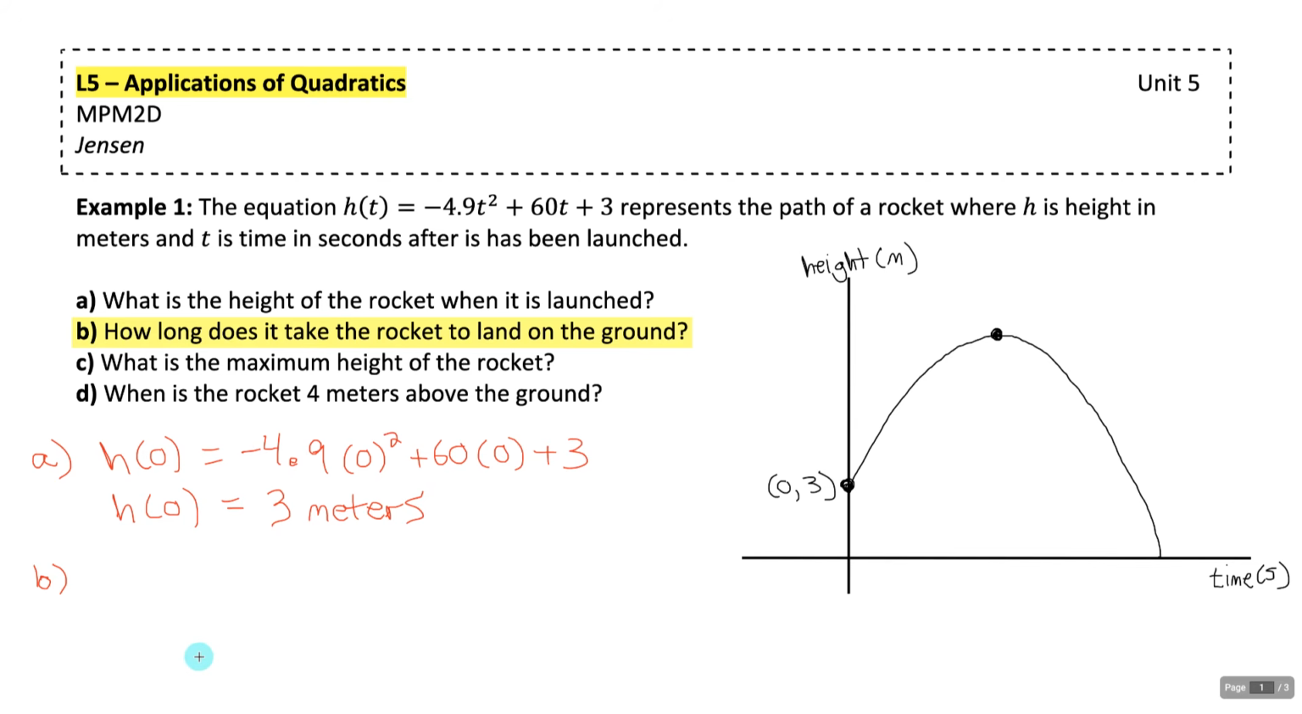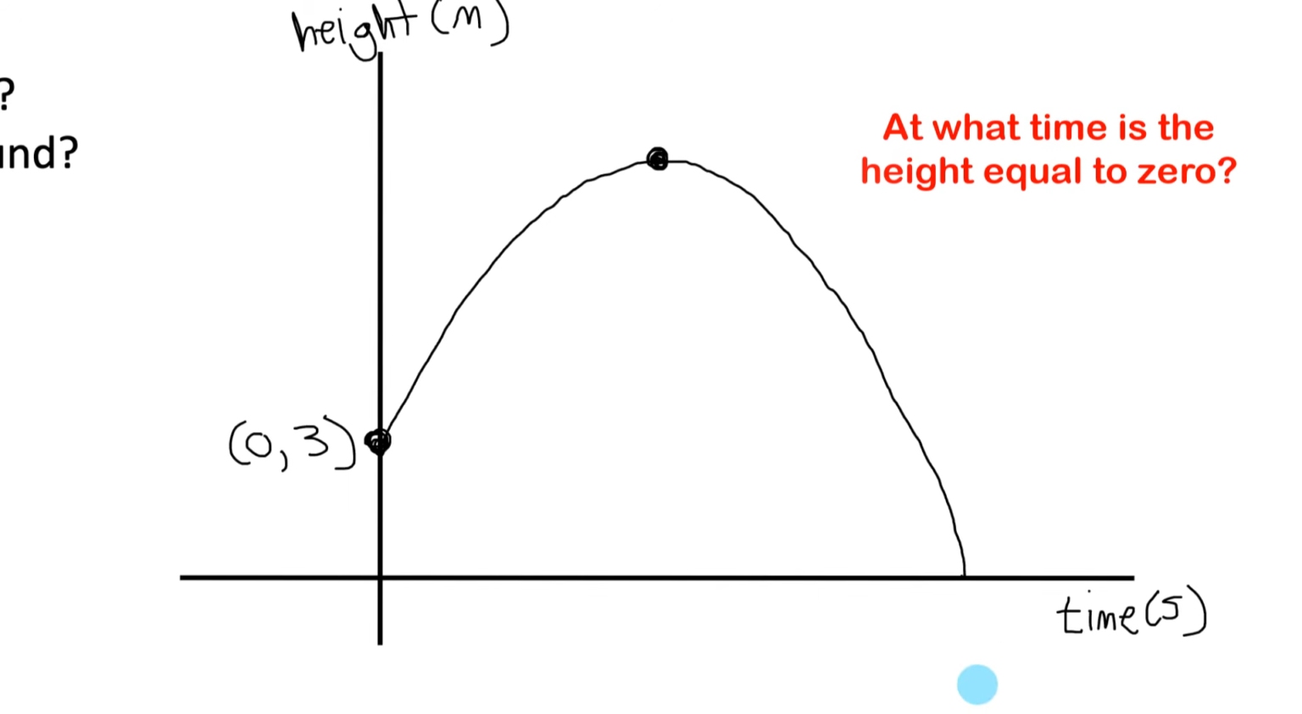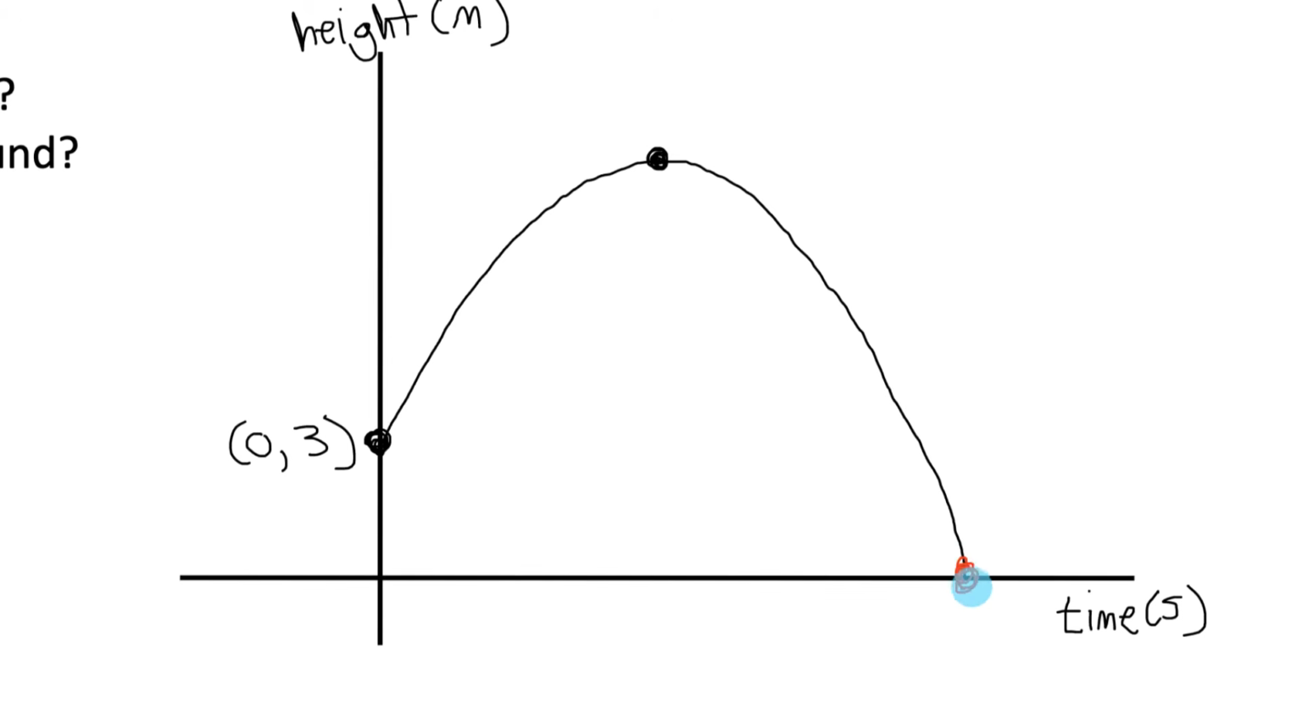Part B says how long does it take the rocket to land on the ground? If we look at the graph I've sketched, it's asking for us what is the time when h, the height, is 0. Well, I see the height would be 0 here at some time, and the height would also be 0 somewhere over here. Now, we don't actually care about this answer because it doesn't make sense in the context of our question, but when we solve algebraically using our quadratic equation, it will generate that answer that we'll have